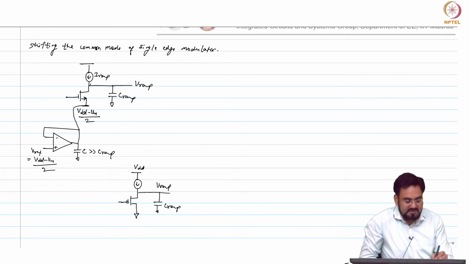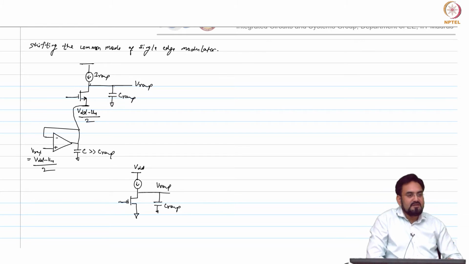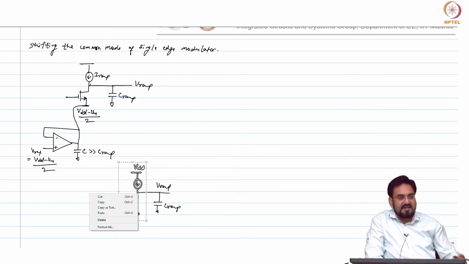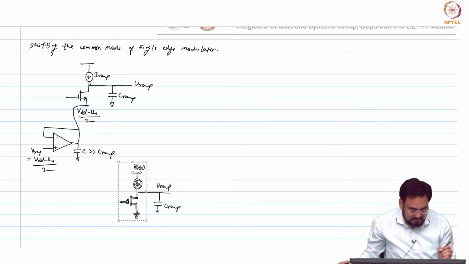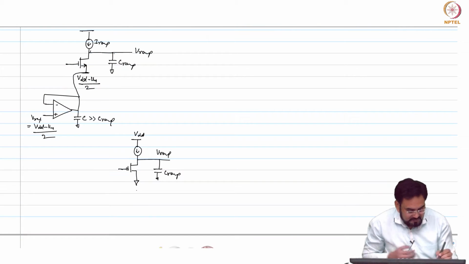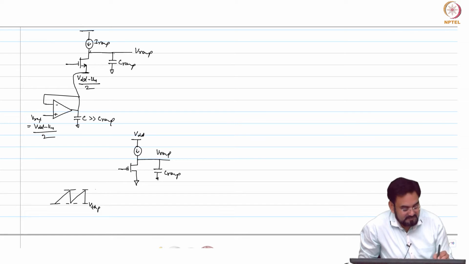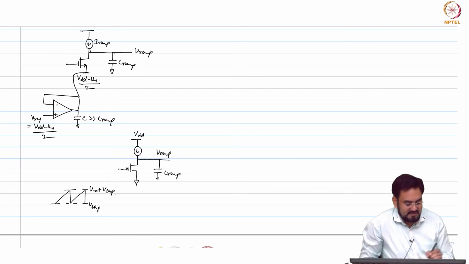So when the PMOS input is 0, this will turn on. What is the maximum voltage it can discharge to? VT, right? And this will be how much? VM plus